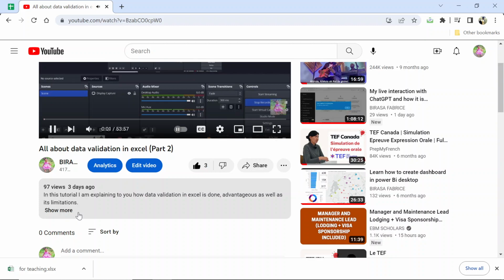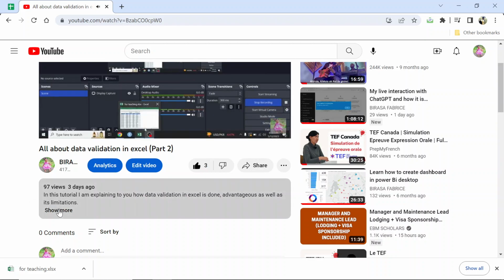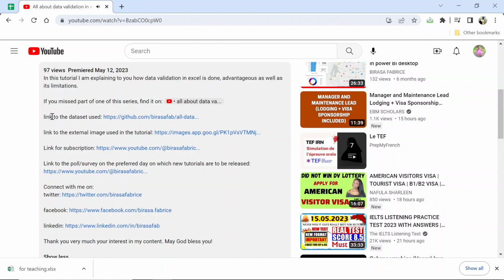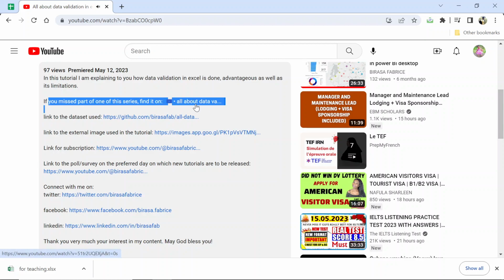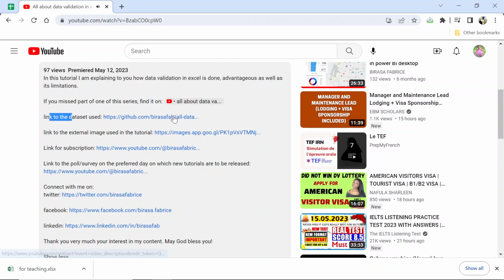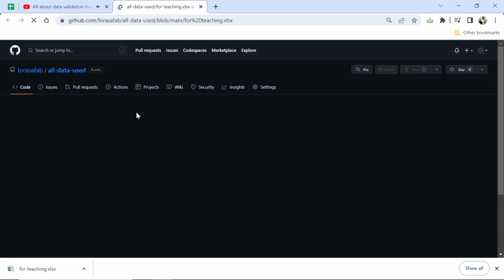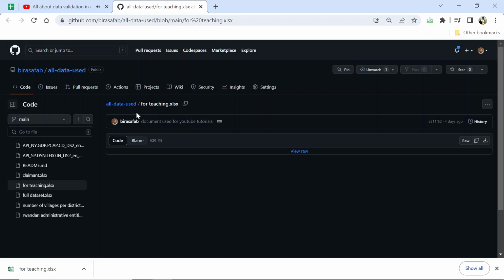When I want to access the dataset I shared with you, you can find it here. I directed those who missed the previous part, they can find part 1. The previous part of part 2 was part 1. I also linked where to find the dataset. If you want to download it, it is hosted on GitHub. GitHub is a page where I store my code and the datasets